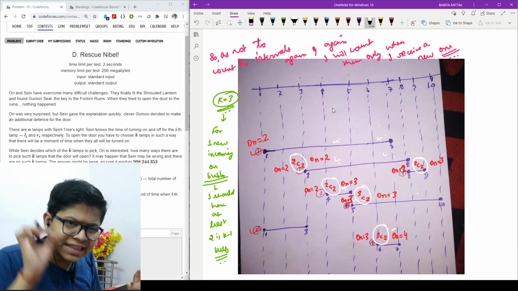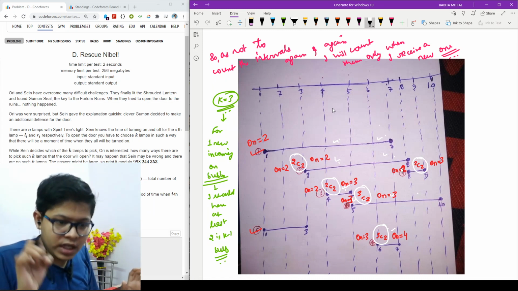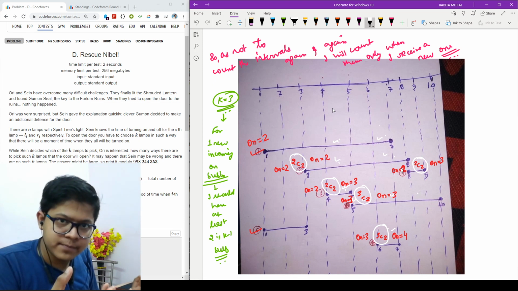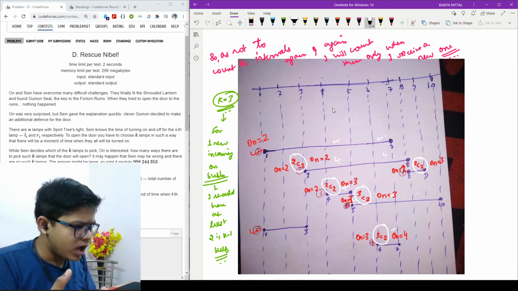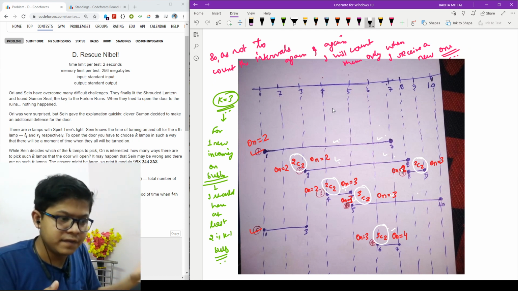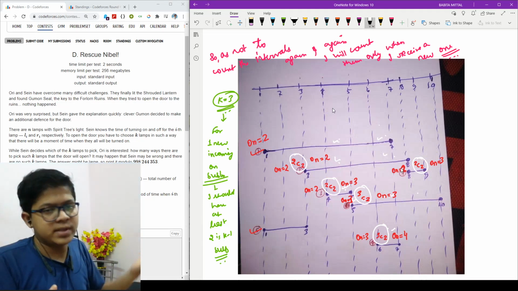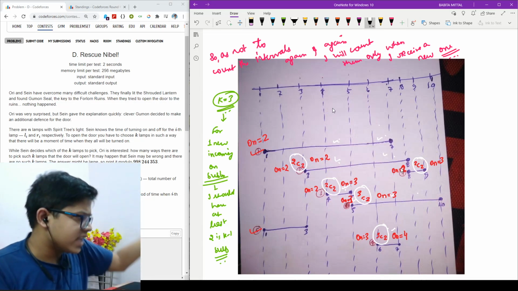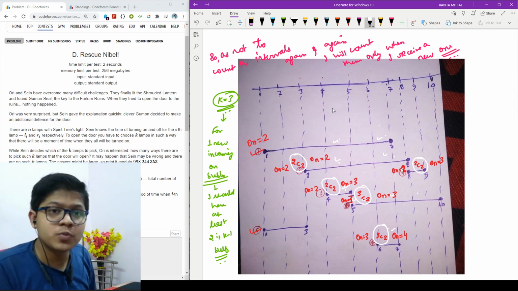So with that in mind, as soon as I arrive at a new on state, I will check: do I have at least k minus 1 on bulbs right now? If yes, suppose I have n on bulb states, then out of those n on bulb states, I will choose k minus 1 on bulb states.